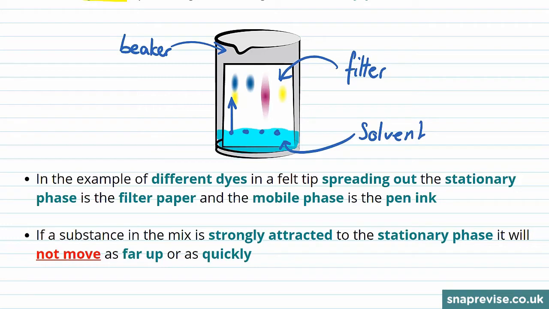In this example, the stationary phase is the filter paper because that's what we're moving through and it's not moving itself, and the mobile phase is the solvent that contains the pen ink. If a substance in the mix is strongly attracted to the stationary phase, so if one of the dyes within the ink is strongly attracted to the filter paper, it will not move up as far or as quickly as the others. And this is what causes the separation, because all of the different components are moving differently relative to